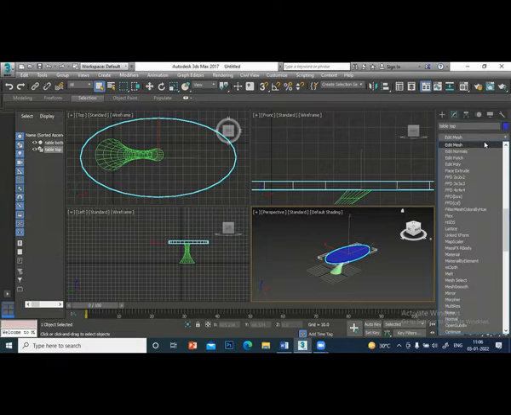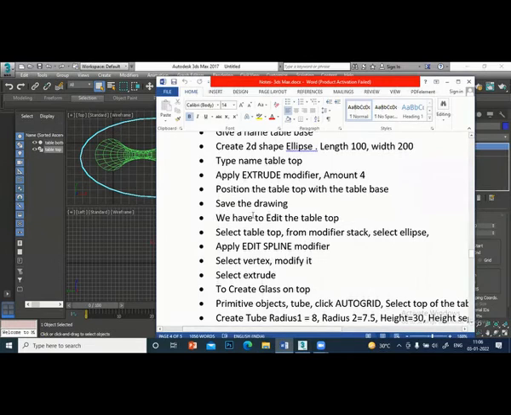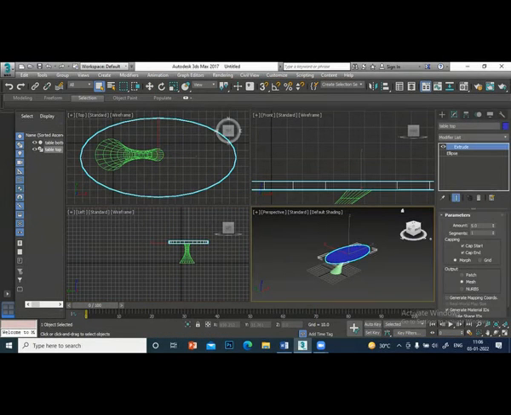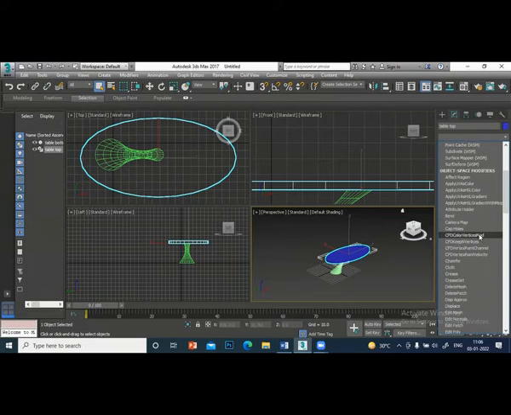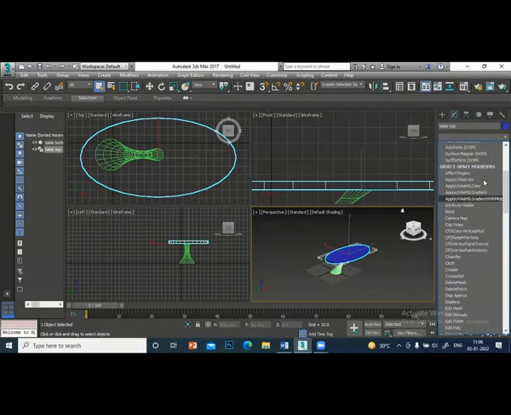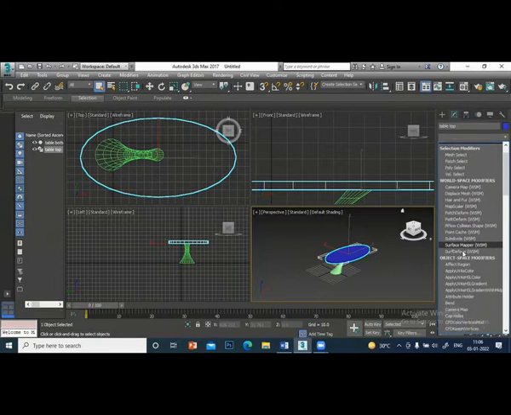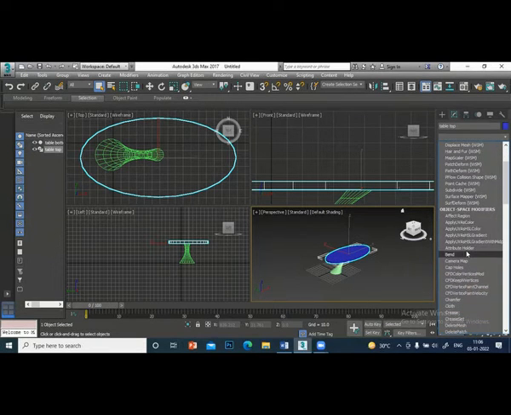Edit mesh. Edit spline. Edit mesh, edit patch, edit. I have to modify that.